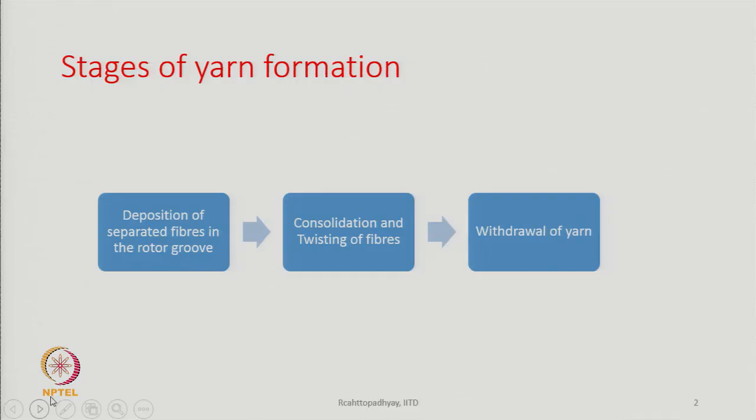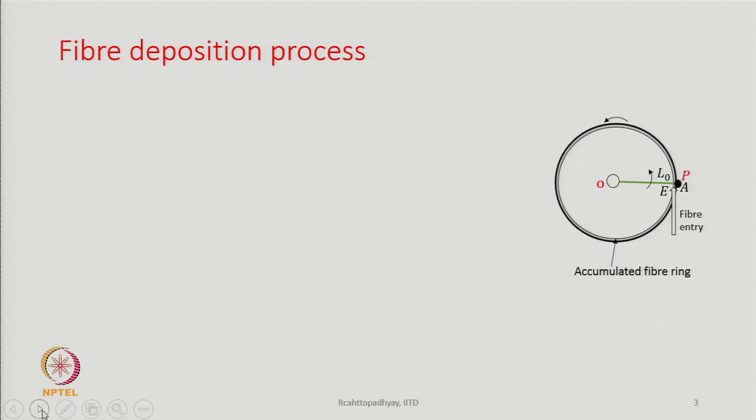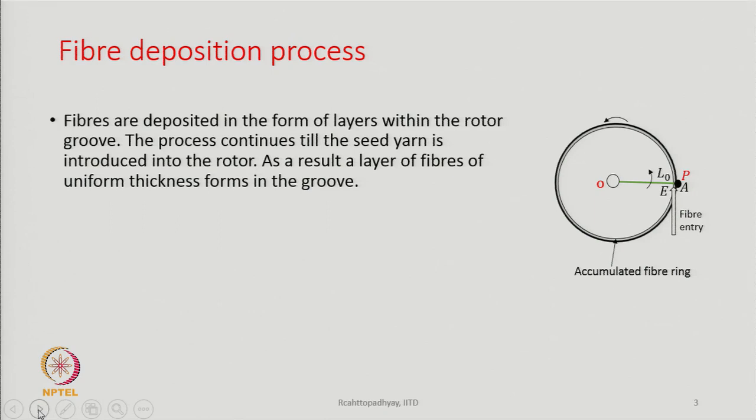However, yarn formation can be seen as if it consists of three separate stages of operations: deposition of fibers, consolidation of fibers, followed by twisting and withdrawal. The fiber deposition process is very interesting, and we should look into it carefully. Now, in the diagram, what we see here is a circle. The circle represents the rotor groove,